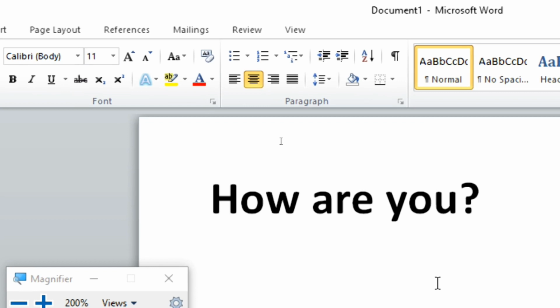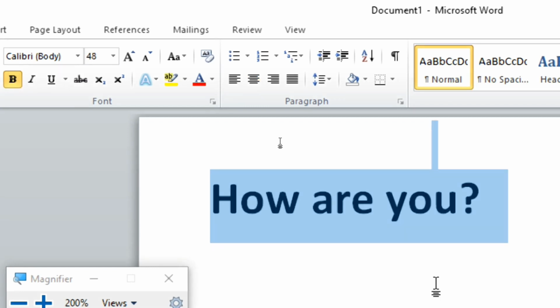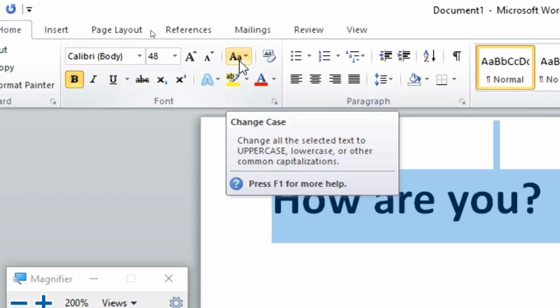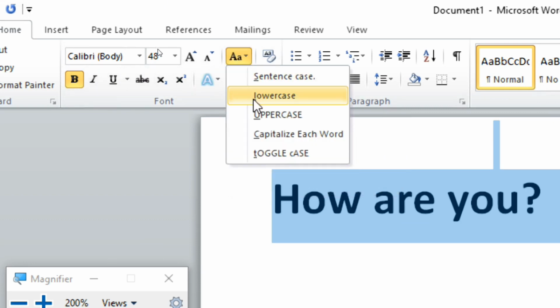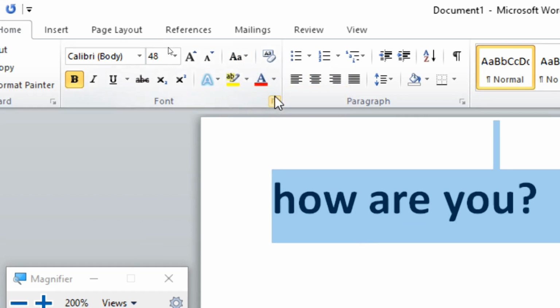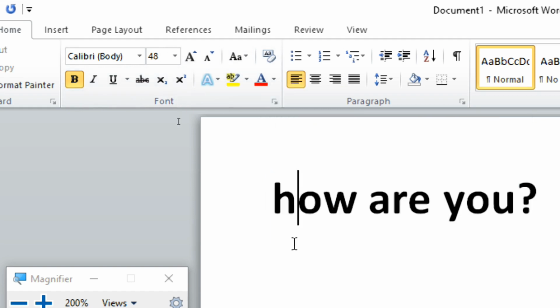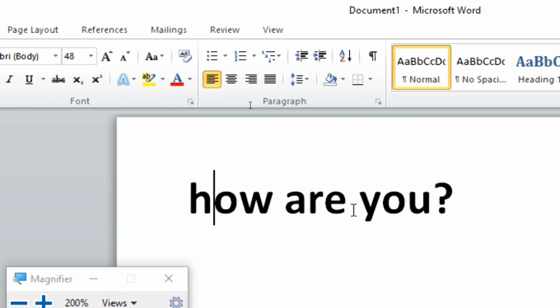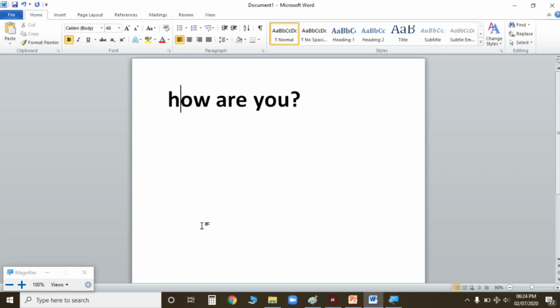When I select my text and again go here and select lowercase, just see the changes. Can you see the changes, children? Every letter is a small letter. Yes, this is lowercase. I hope lowercase is also clear.